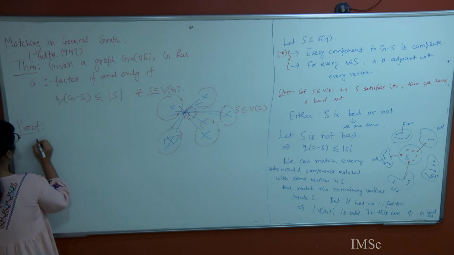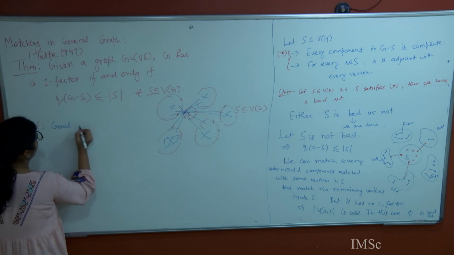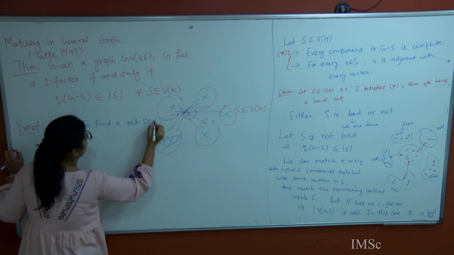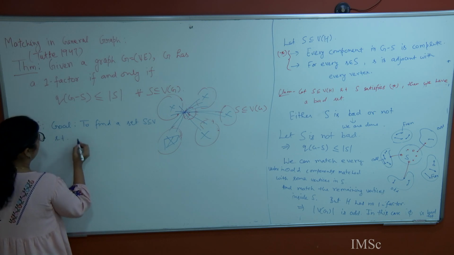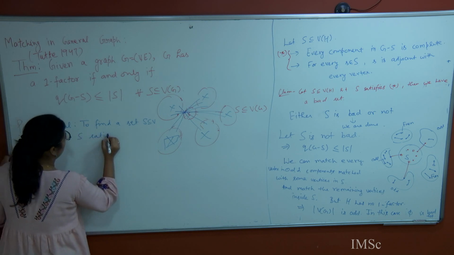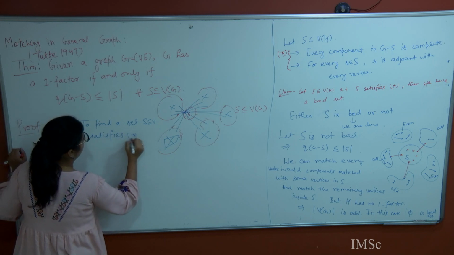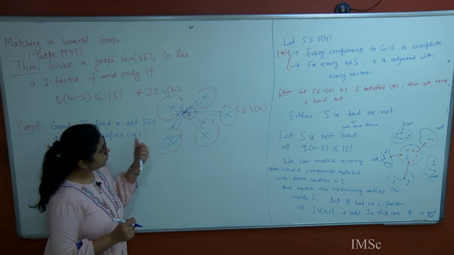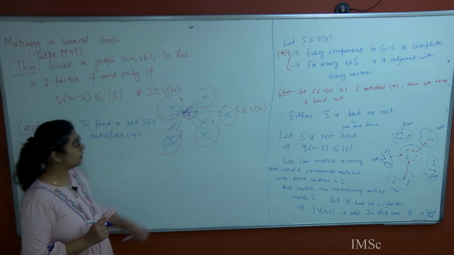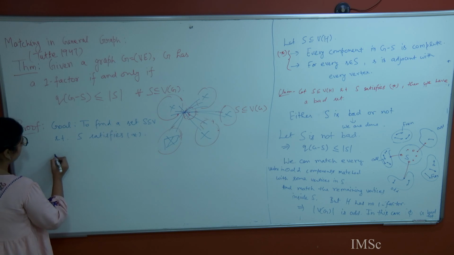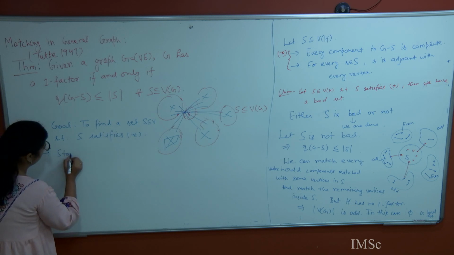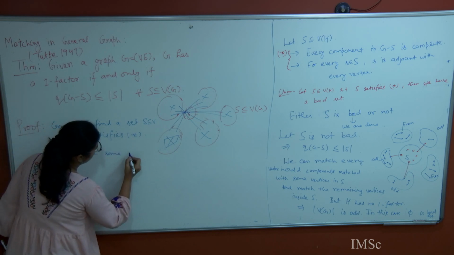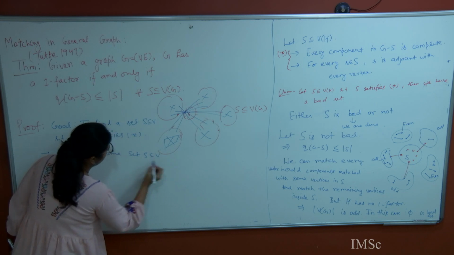So, our goal is now to find a set S such that S satisfies the star property. Here we know that S is a clique, right? So let us start with some vertex set S such that